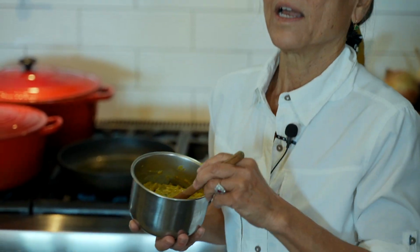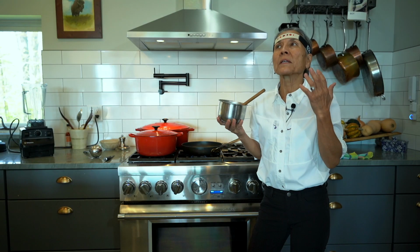I love fritters. I don't know about you, but I'm always looking for a new way to make fritters. And this recipe uses cauliflower, which I feel is a kind of forgotten vegetable. So cauliflower, you basically get one head of